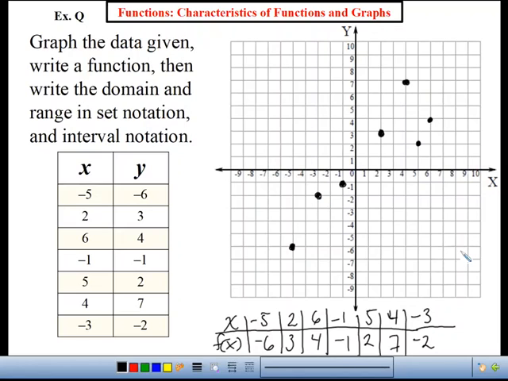Okay. First, we're done with graphing the data. Next, instead of going to write the function, I'm going to write the domain and the range in set notation and interval notation. So I'm going to write domain and range. Okay, so this data,